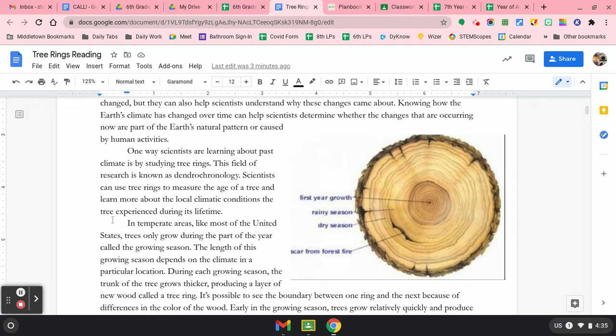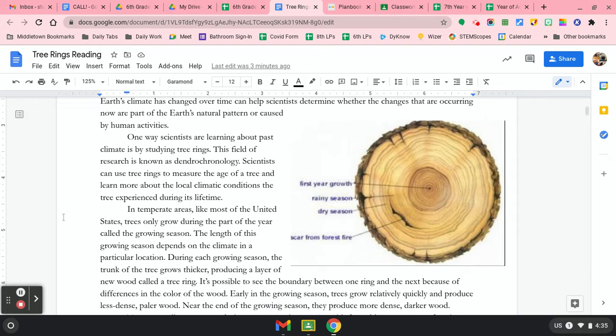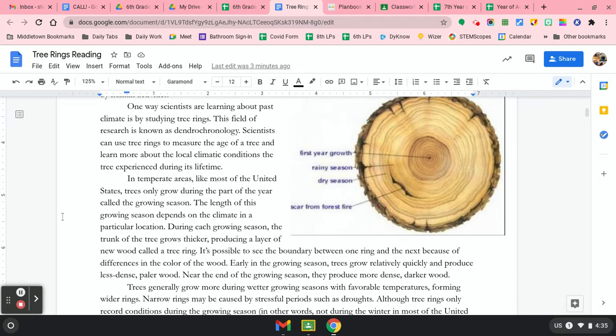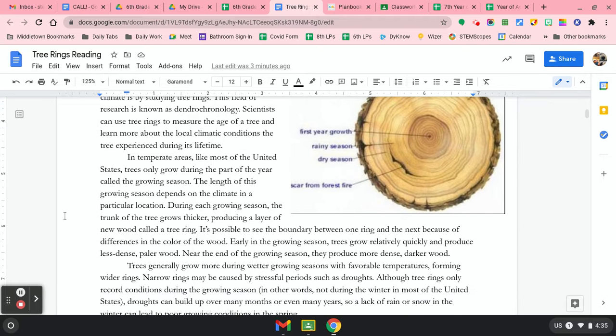In temperate areas, like most of the United States, trees only grow during the part of the year called the growing season. The length of this growing season depends on the climate in a particular location. During each growing season, the trunk of the tree grows thicker, producing a layer of new wood called a tree ring. It's possible to see the boundary between one ring and the next because of differences in the color of